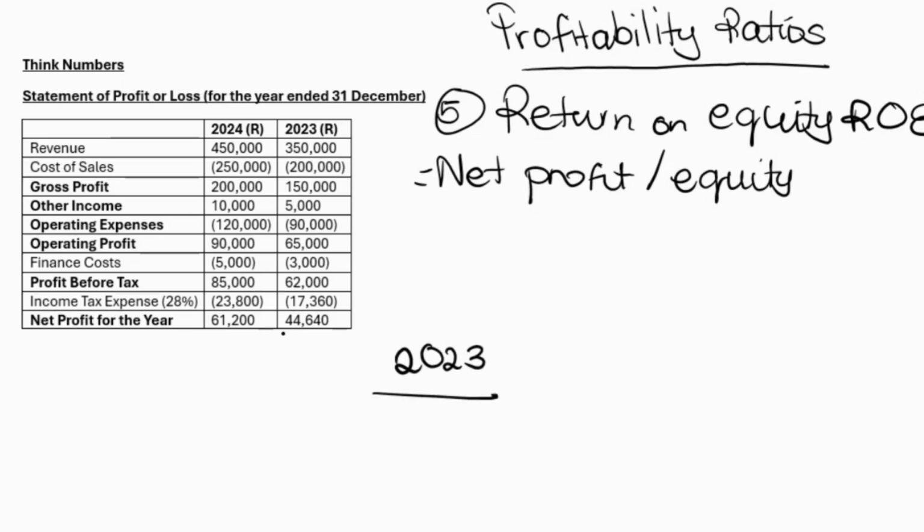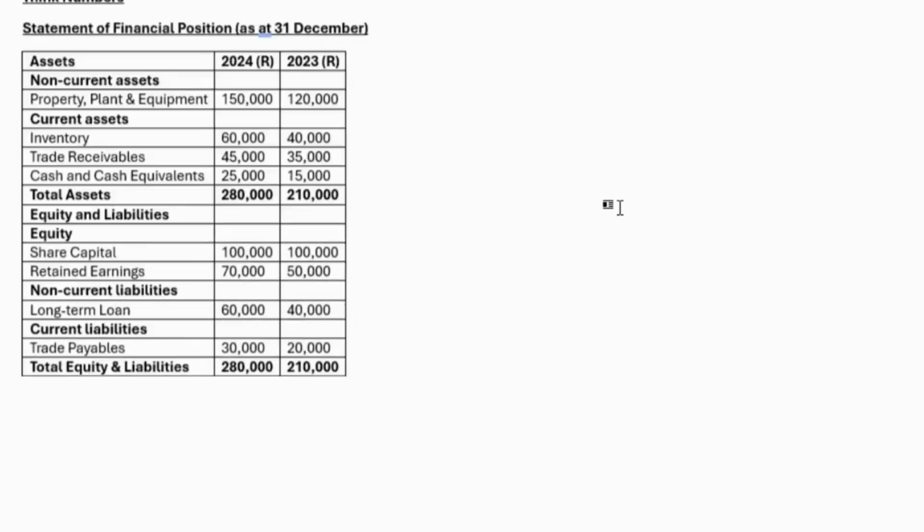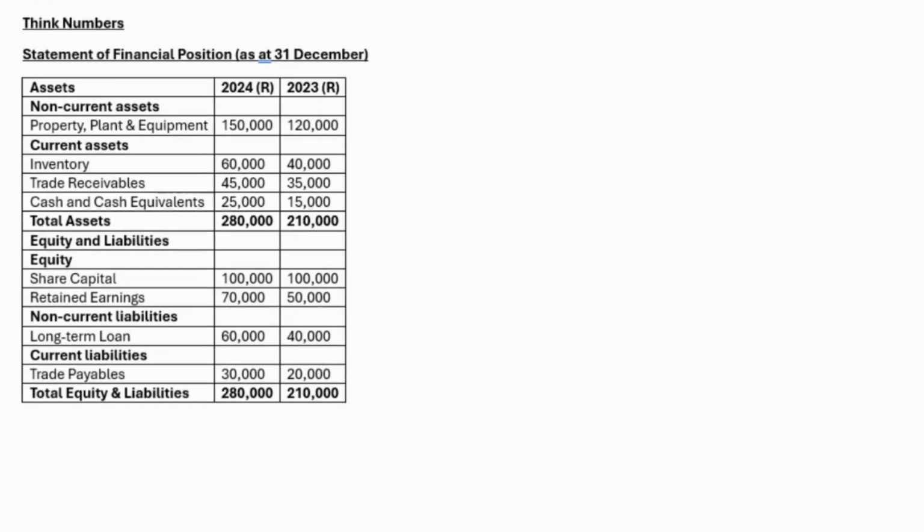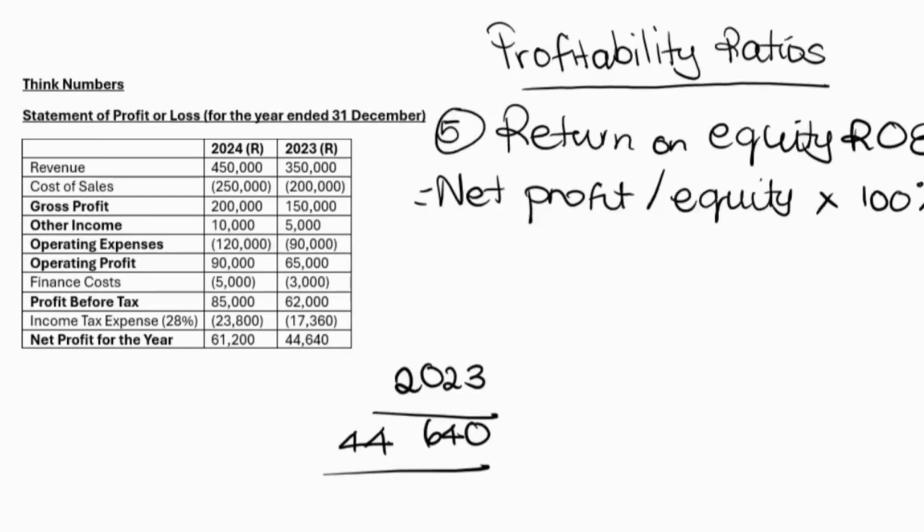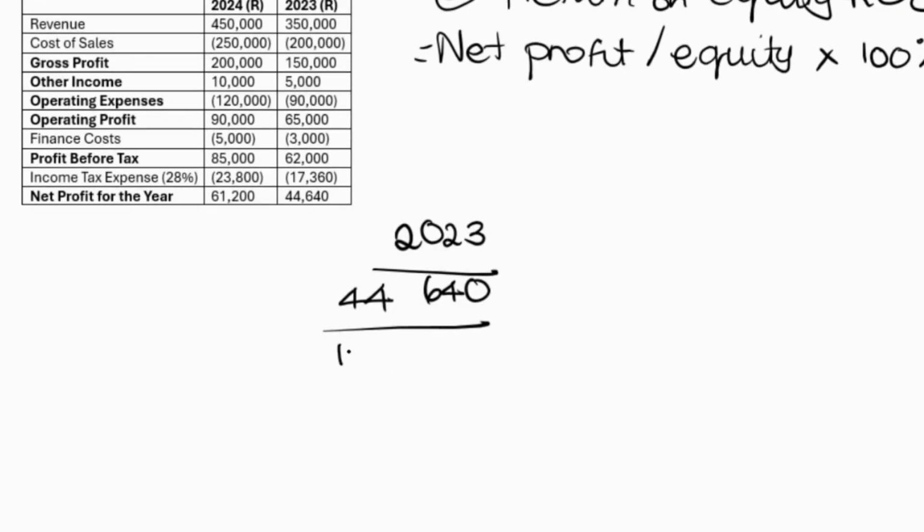From my statement of profit or loss, my net profit was given to us at 44,640. Divide that by equity. Once again, equity will be found in my statement of financial position. So in 2023, our equity, as you can see there, amounted to 150,000. So we're going to divide our 44,640 by 150,000, multiply that by 100 to get it to a percentage, and we'll see that in 2023 we had a